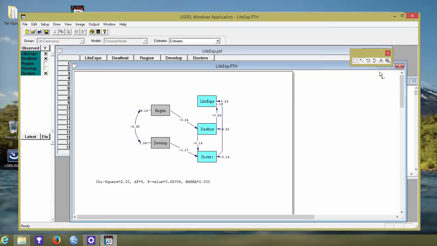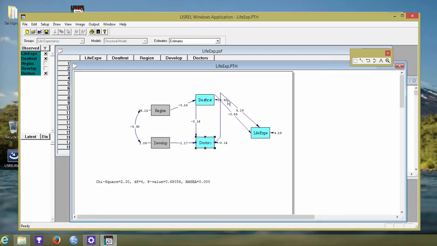our path coefficients. Now, to manipulate this so that it looks like the original diagram that we've been drawing, we can click on the little box here and we can move our life expectancy variable here, death rate here, doctors here, and then of course we have to play around with arranging the arrows so that they are as we